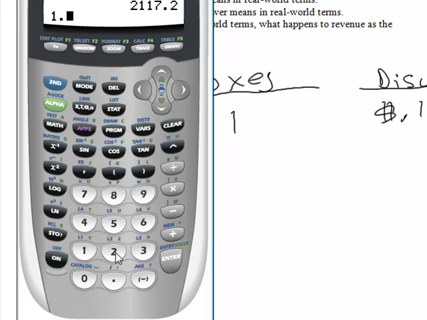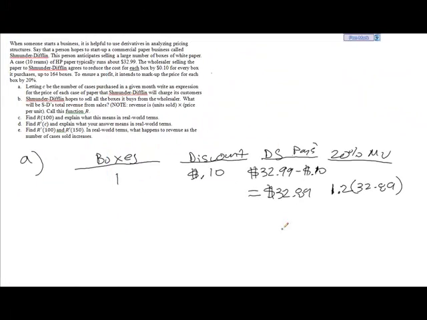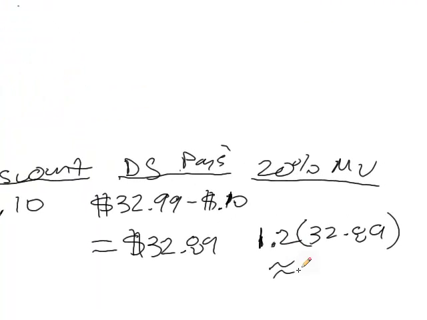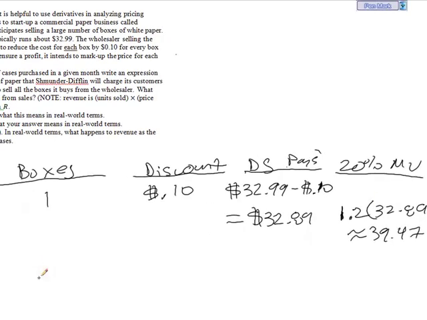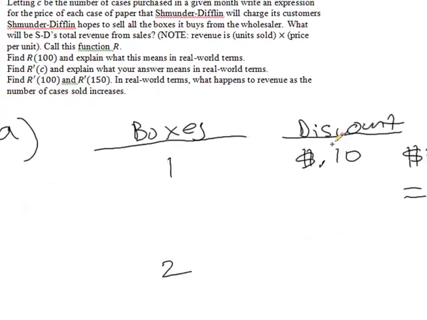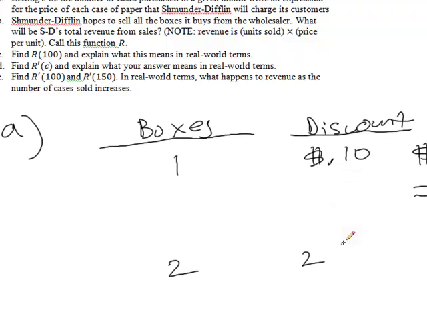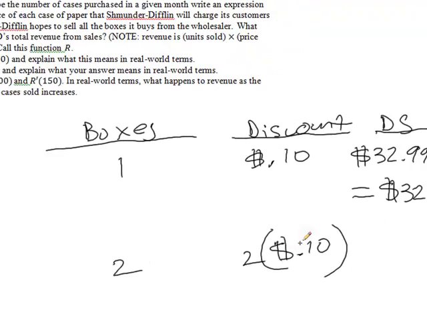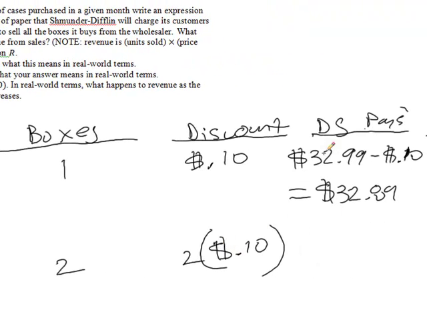What is 120% of $32.89? And I get $39.47. So about $39.47. Okay, perfect. So what if, for example, we bought 2 boxes? Well, that would mean that we get twice the discount because we're getting a 10-cent discount for each box we buy. So that means we wouldn't pay $32.89, but we pay